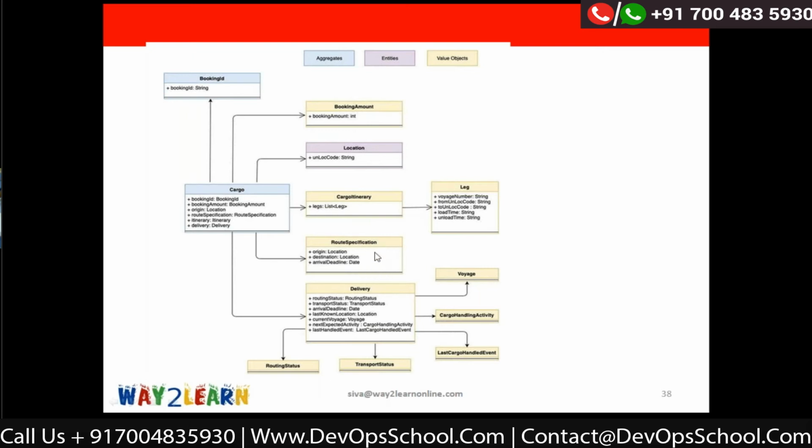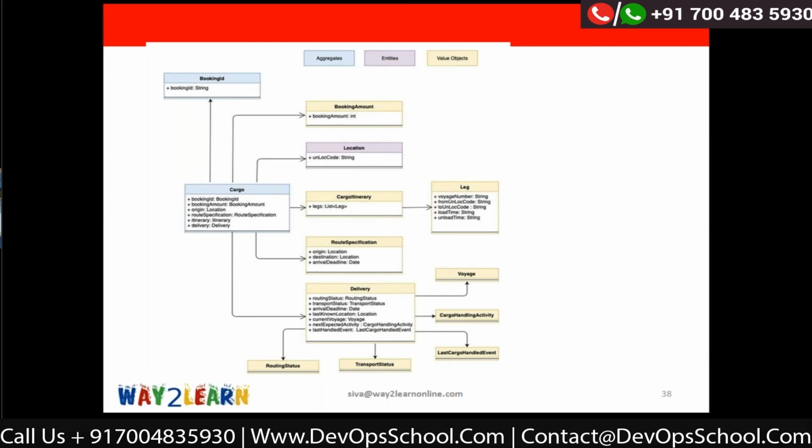This is also a value object. And cargo has one more class called delivery, which contains the delivery status. This is also a value object. So I identified the aggregate, entities, and value objects, and I have designed it like this. This is going to be my cargo aggregate.